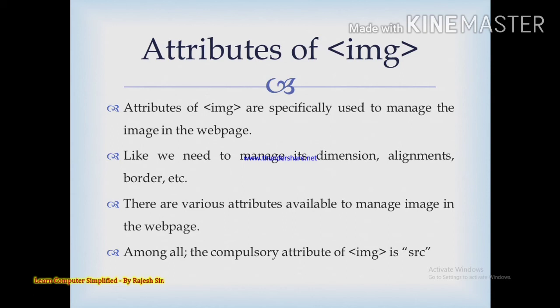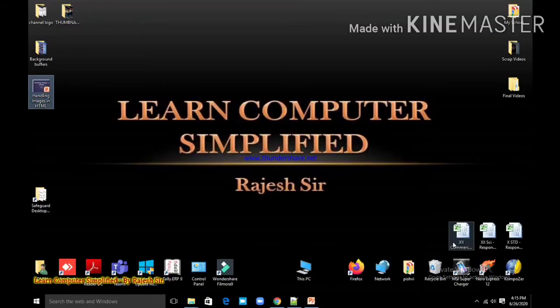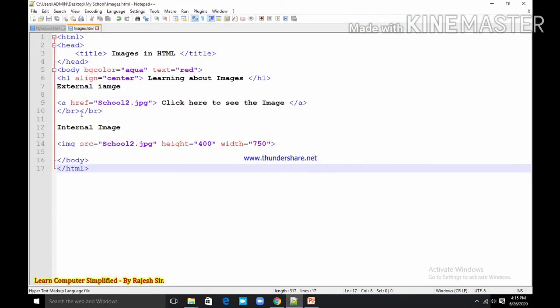You can see in our practical part, when I added img here, without src I cannot put the image source here, right? So src is a compulsory attribute of img tag. Without src img cannot work.